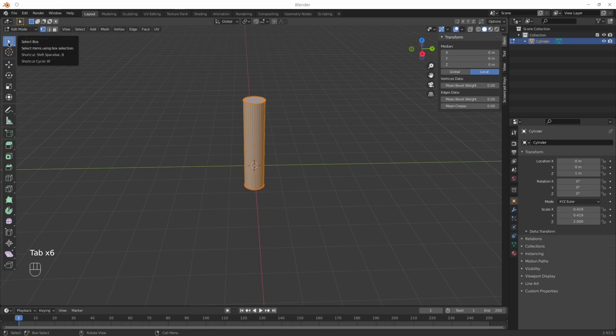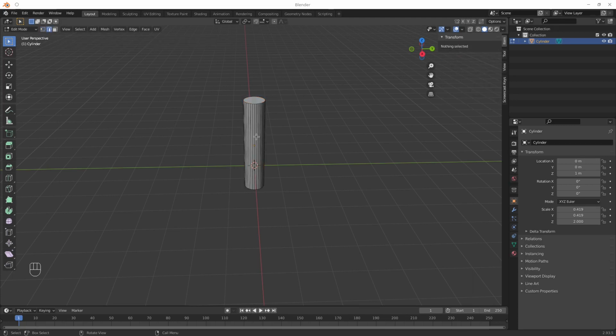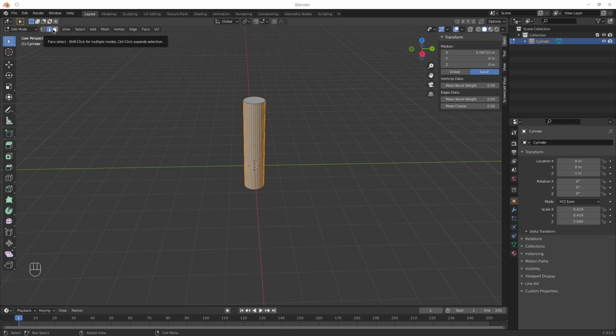So I have the select box tool, and I can select things. And now I selected all the vertices up here. That's because I have vertex select activated. I can have line edge select selected, and then only lines will be selected. I can also have this face select option, and then faces will be selected. I will keep it at